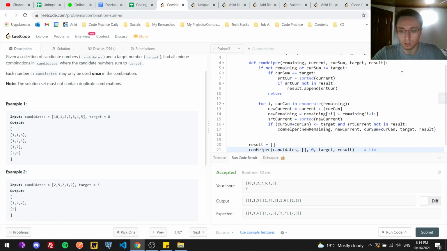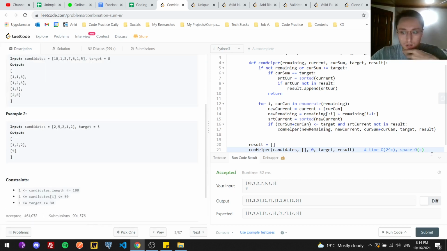So time is of 2 to the power of candidates, and space is the cannot use others, which would make it candidates, or to the power of candidates, because we can only use one once, so